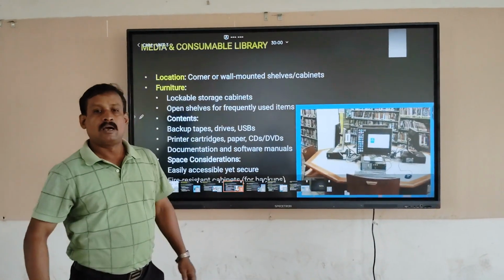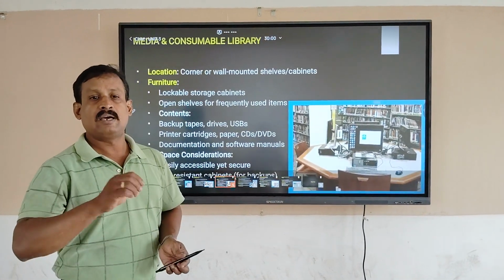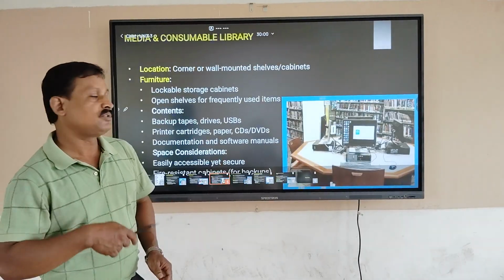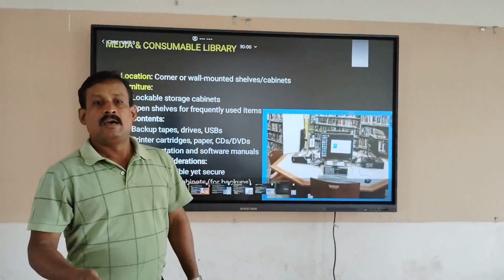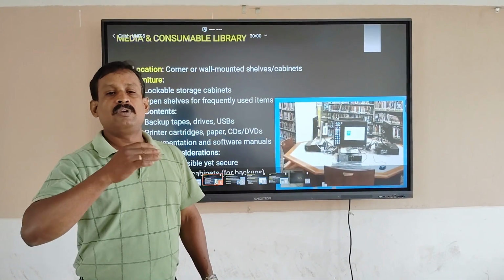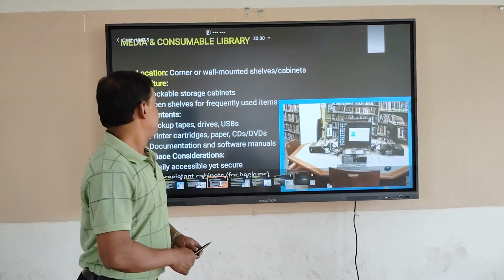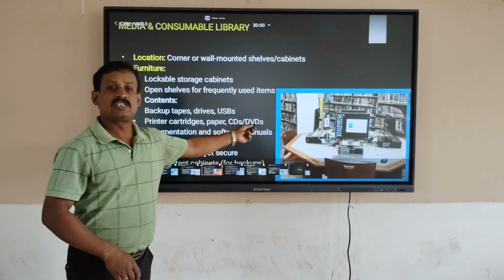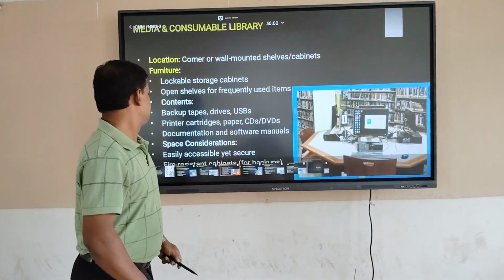Then backup: how we take backup of our documents. जैसे कि हम लोग सॉफ्टवेयर बना रहे हैं, we are taking backups: pen drive backup, hard disk backup, cloud backup. How should we keep the backups? Then printer and cartridge, or CD and drive. We must get the printout of our project and present it to the client. For that purpose, we need equipment like printers and paper, or if we are taking a soft copy presentation, we need CD, DVD, pen drive, all these things.